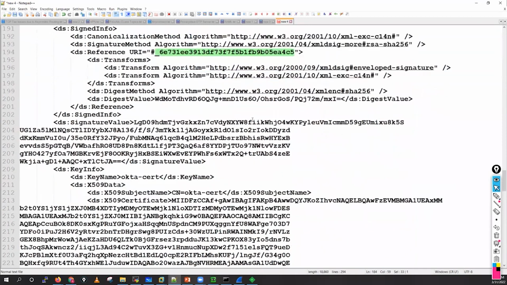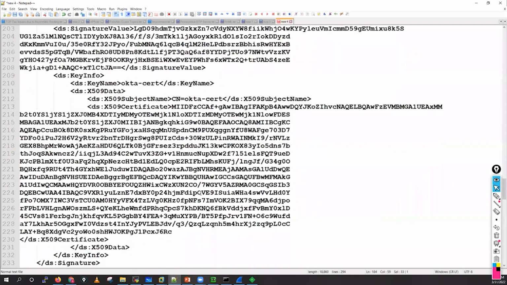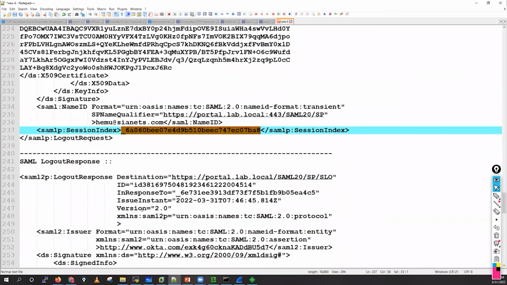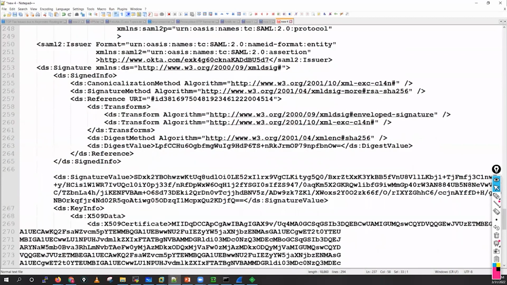This is the digest value, because this is the certificate which we are using for the signing purpose. Portal, this is the name ID. This is the session index ID. Okay. This is the session index ID. Now,